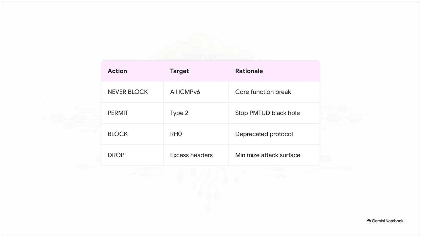Those are your packet too big messages. If you block these, you create invisible black holes for path MTU discovery. Devices won't be able to communicate their max transmission sizes. Packets will just silently drop. Applications will time out. And your engineering team will be left pulling their hair out trying to figure out why